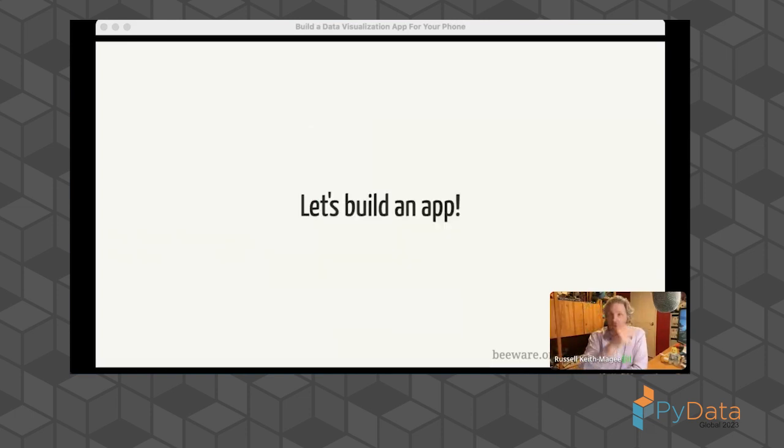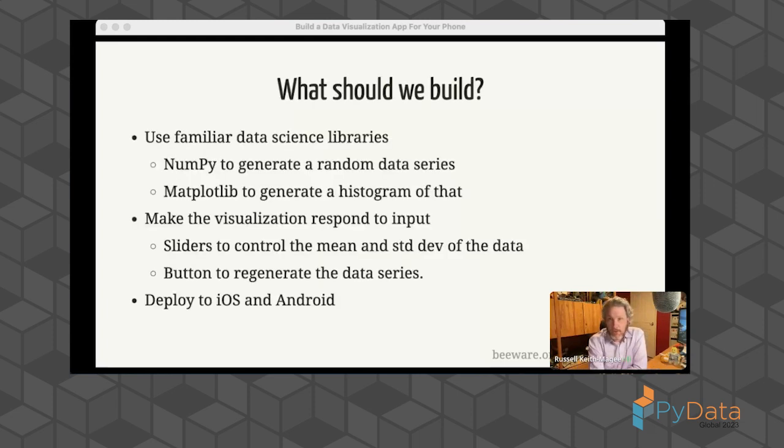All right, so let's dive right in. Let's write an app and then deploy it to iOS and Android. For demo purposes, I'm going to keep it reasonably simple, but not completely trivial. We want to be able to use the Python data science libraries we're familiar with. So let's use NumPy to generate a random series of data and then use matplotlib to build a histogram of